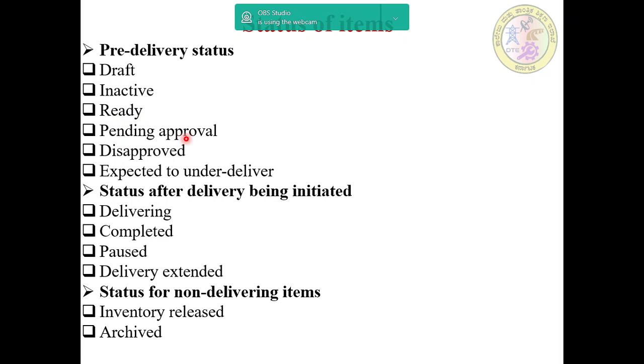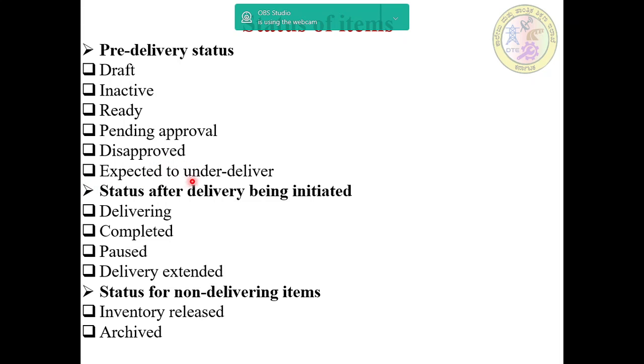Here items require approval from the account administrator or the concerned person for delivery. And then disapproved. Here the item has been disapproved by the account administrator or concerned person.